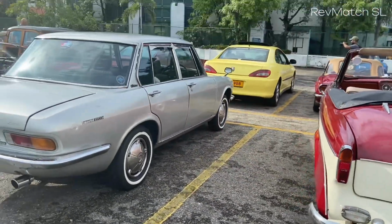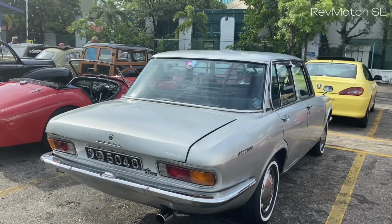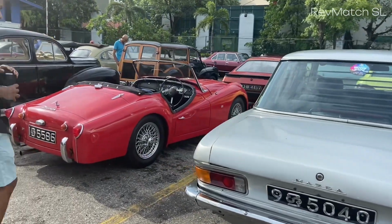So then this is, as I mentioned, the Mazda 1500. It's known as the Upali Mazda in Sri Lanka. Oh yes, because these cars were...